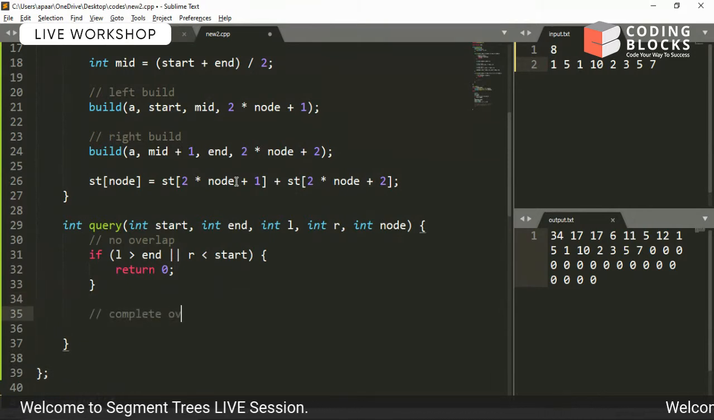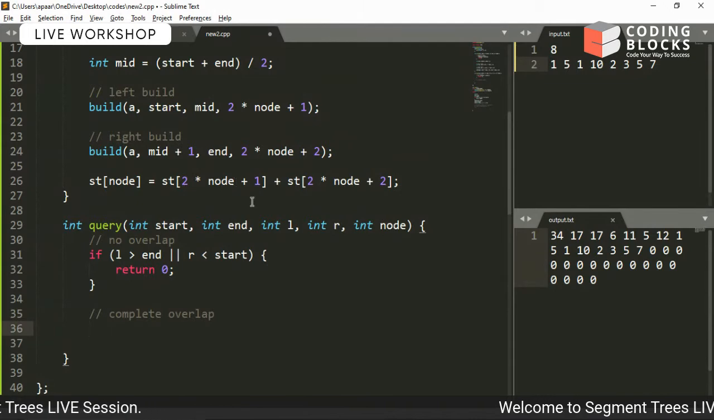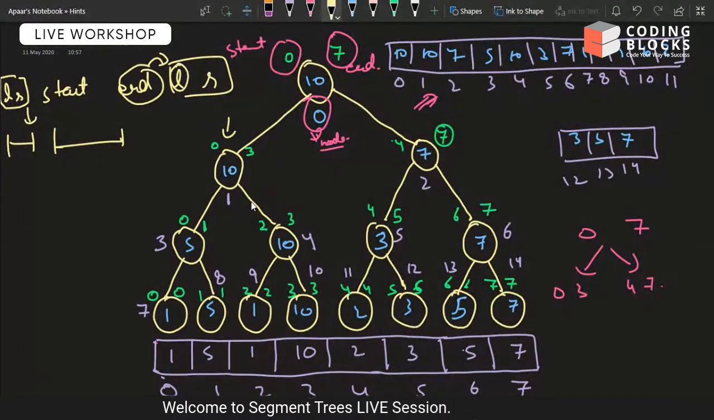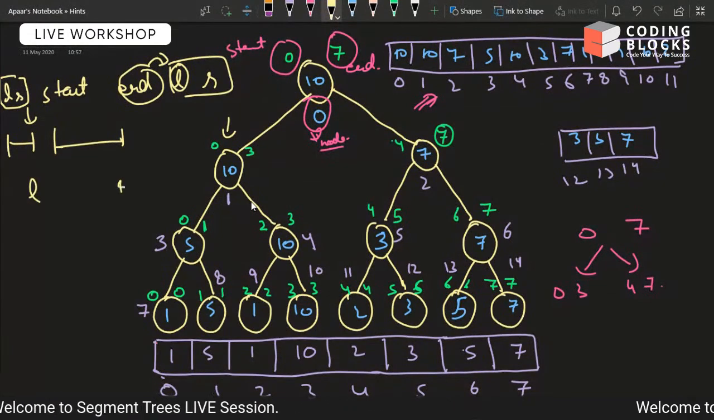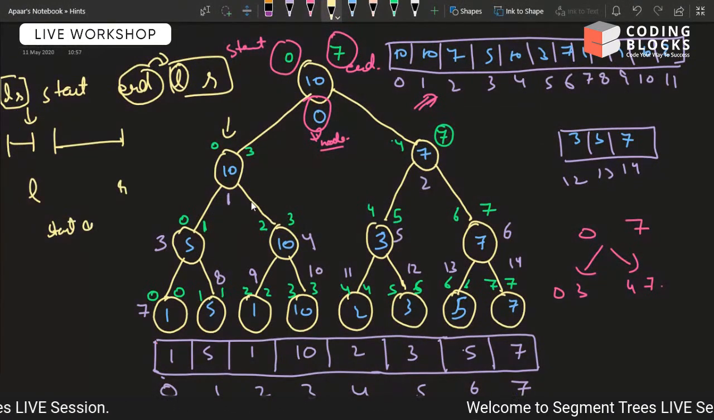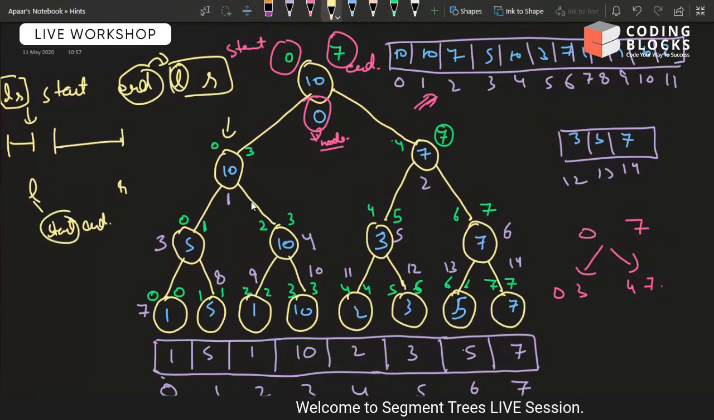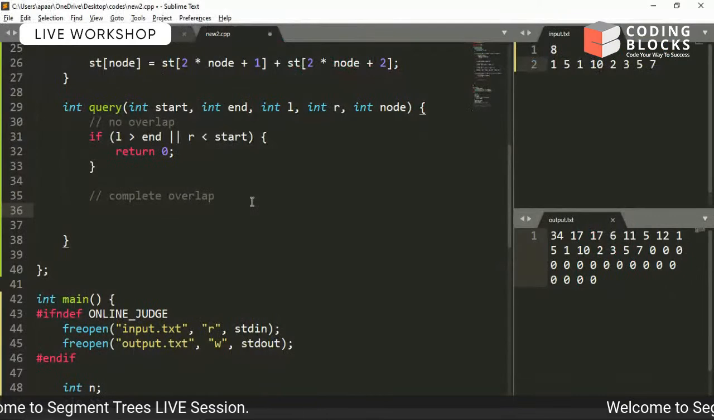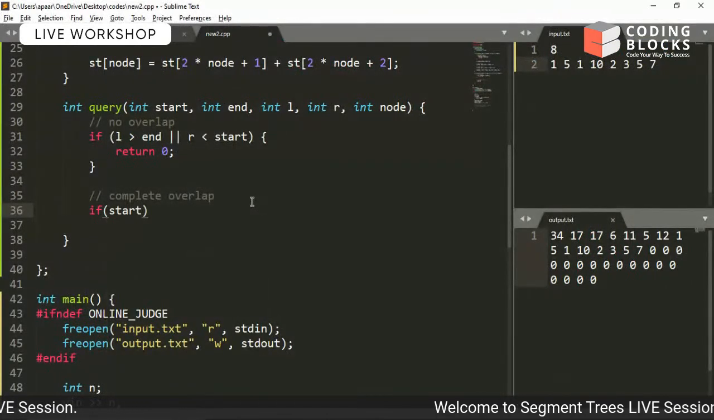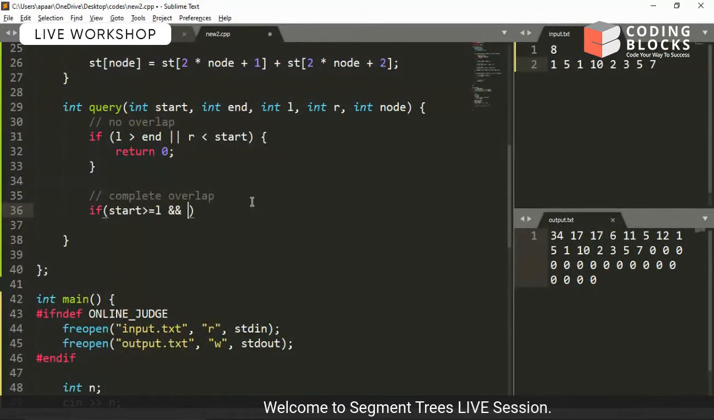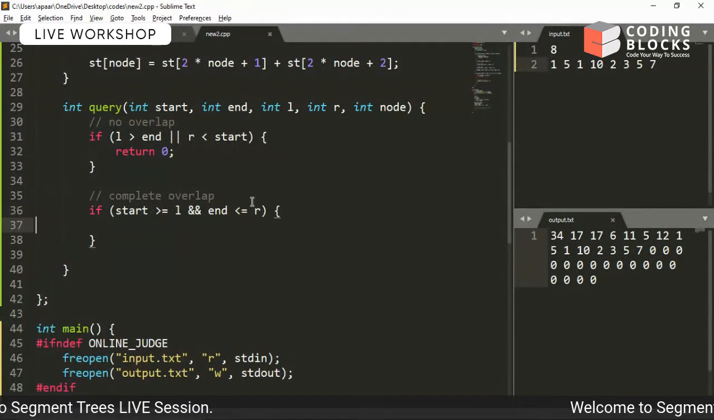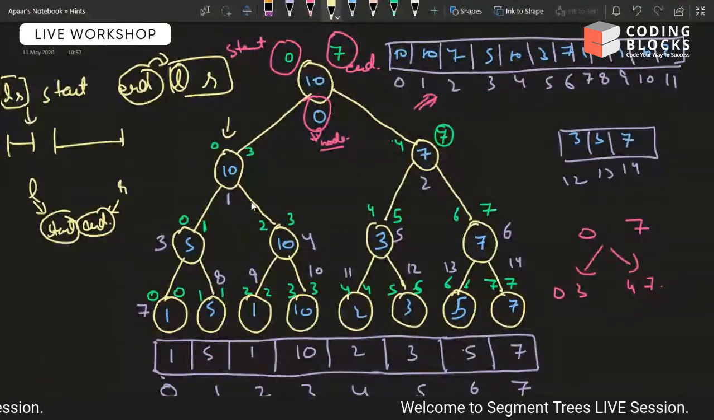Now writing the complete overlap case. What will be the complete overlap case? For a segment tree node to completely lie inside L to R, start should be greater than or equal to L and end should be less than or equal to R. It's pretty simple. Start should be greater than or equal to L and end should be less than or equal to R. This is my complete overlap case,